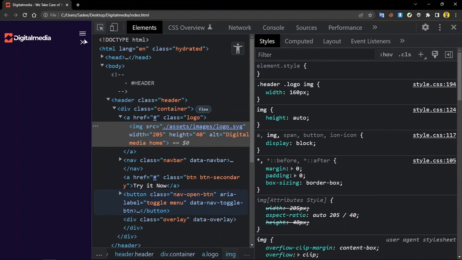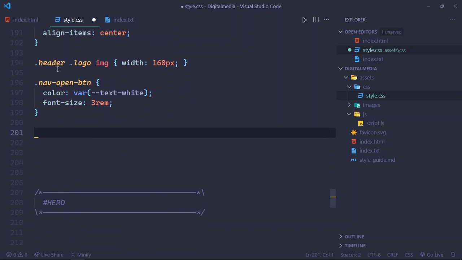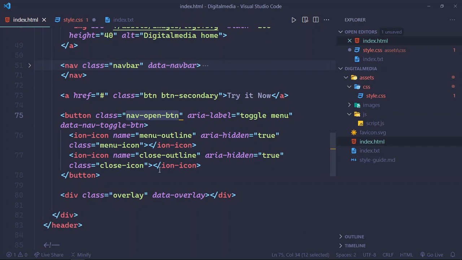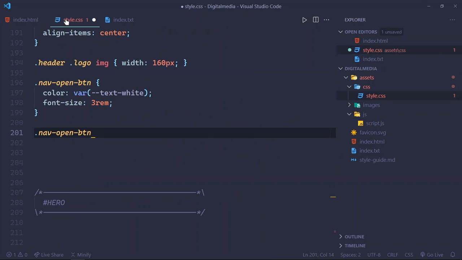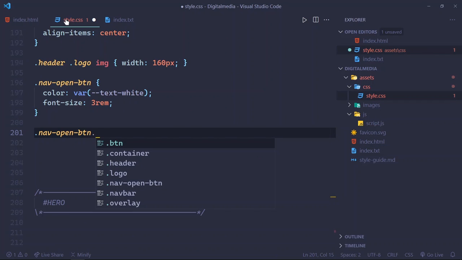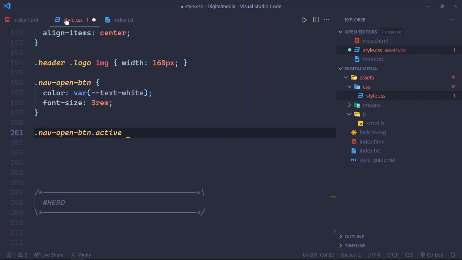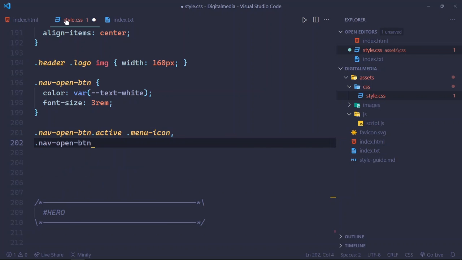Yes, like this. And after that, select the nav open btn, so inside the nav open btn, select the menu icon, and when nav open btn will be active, on the time menu icon and a dot nav open btn,